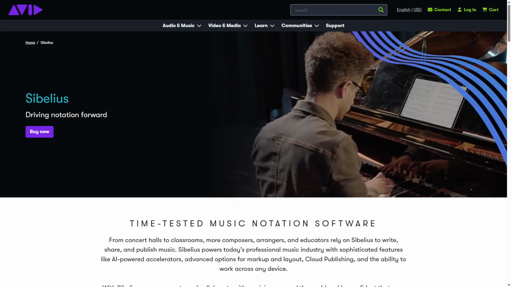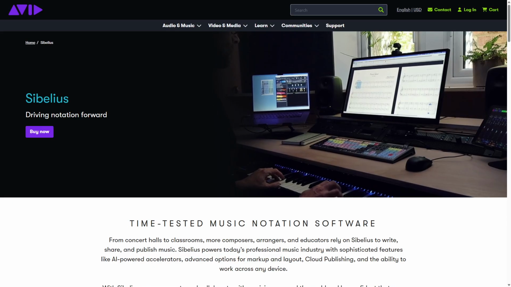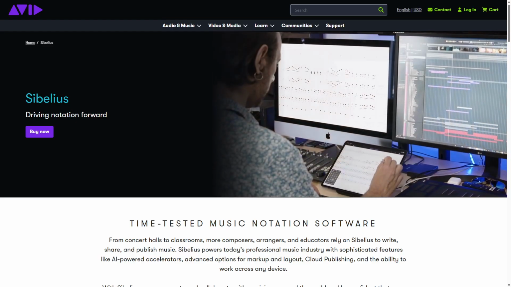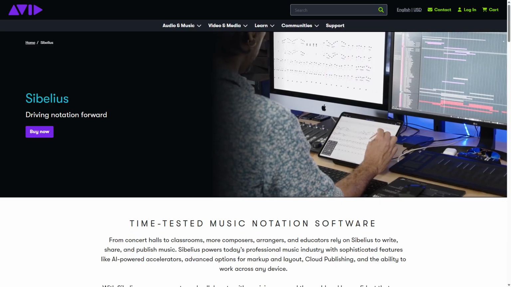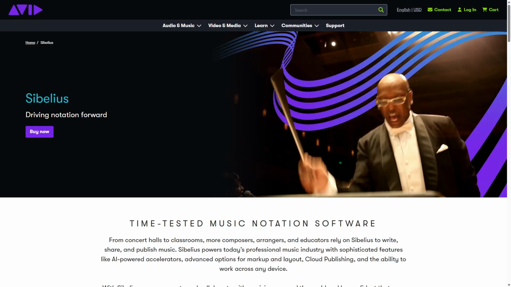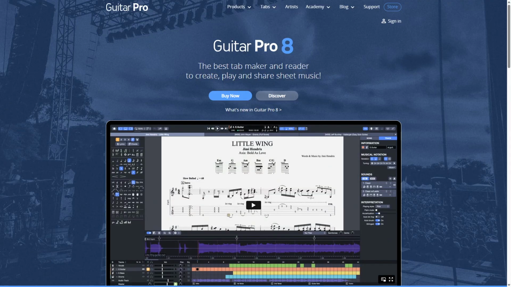Choose Sibelius if you require professional-level music notation with precise engraving and advanced scoring capabilities for complex compositions and formal publishing. Opt for Guitar Pro if you are a guitarist or band member focused on creating and learning guitar tablature with practical playback and practice tools. Both software excel in their fields, so select based on your musical goals and